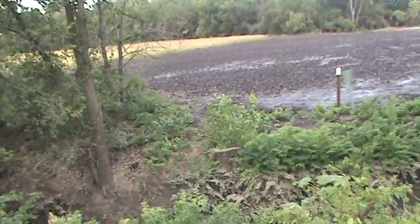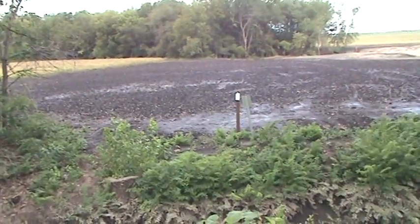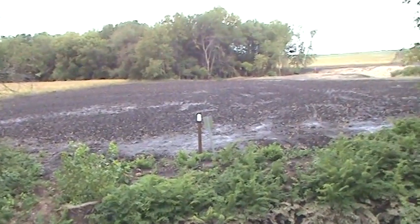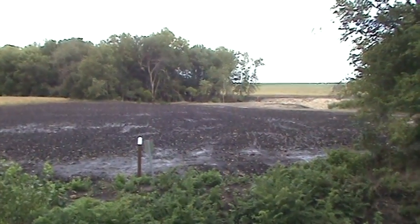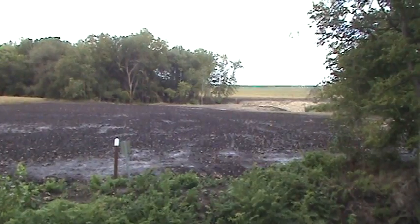There's water just running right down there. Mm-hmm. Yeah, and do you see where that white stake is? That's the line, those little yellow flags. That's the line of the 6-inch Atmos